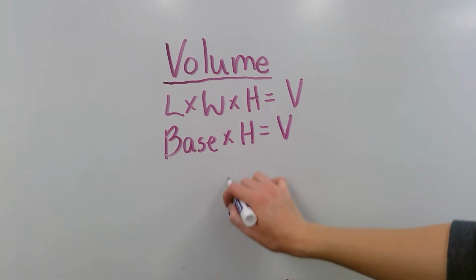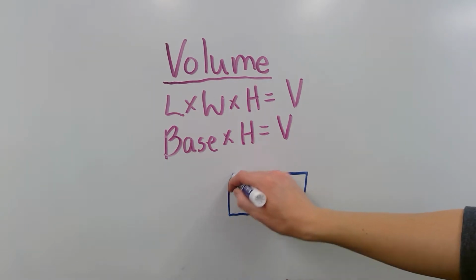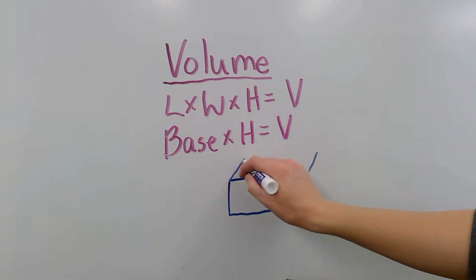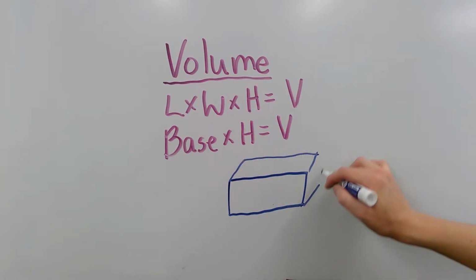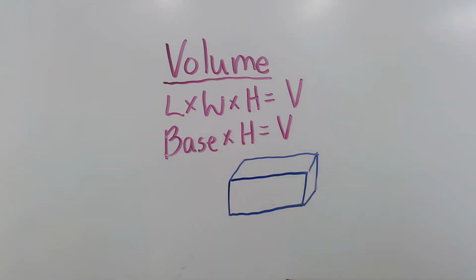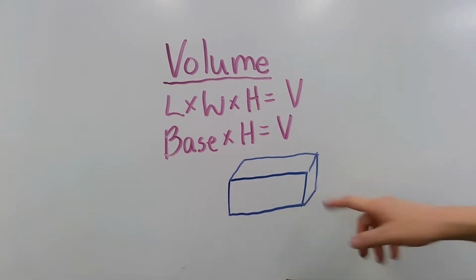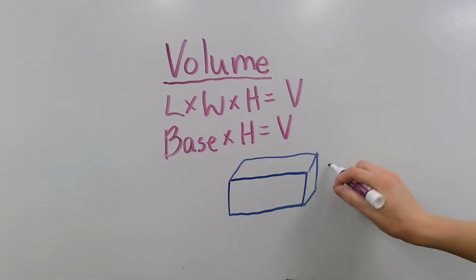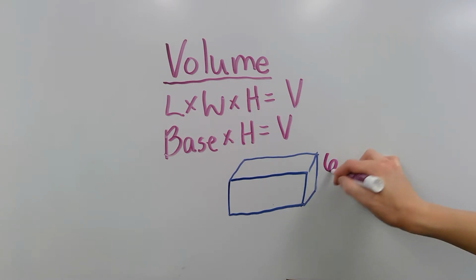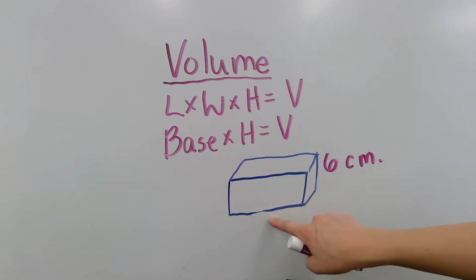Let's say we had this rectangular prism, and this time around they don't give us the length and they don't give us the width. They do give us the height, and they say that the height is 6 centimeters, but all they tell us is that the base of it